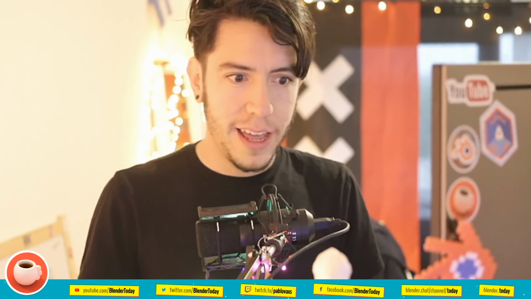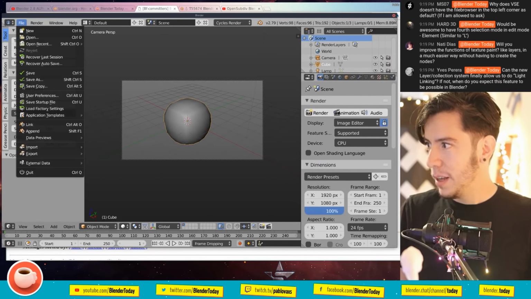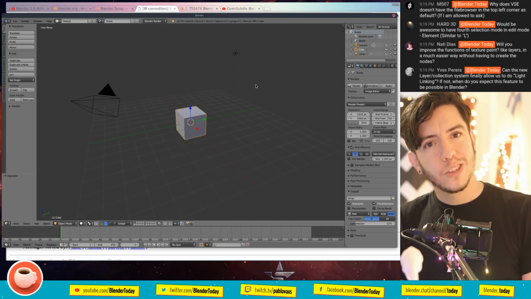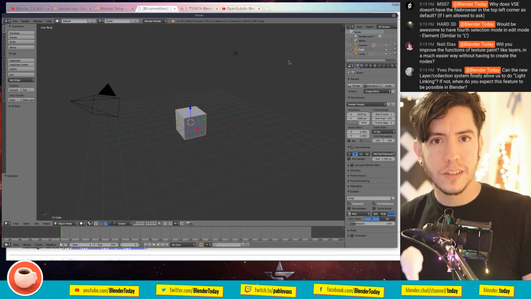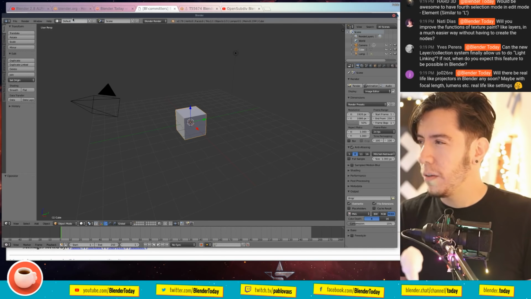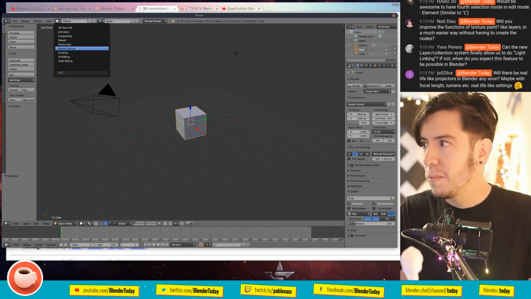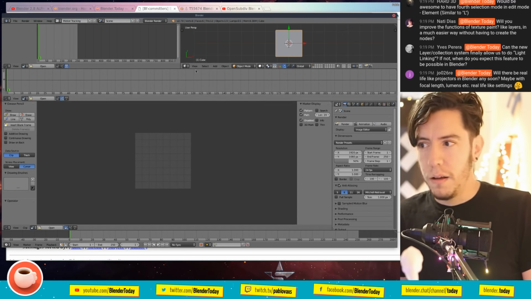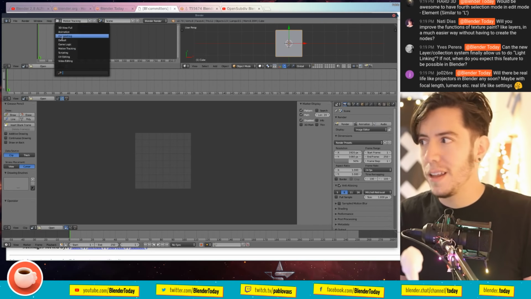Legend says that in Blender 2.7 and before, let's load factory settings. All right. That in Blender 2.7 and before, there was something called screens. What is a screen? It's basically a layout of your editors. So by default, it was just default. Then you have animation, compositing, motion tracking, for example. And that's it. Basically, it was a way to arrange your editors, and that's it. There was nothing else. There was nothing added to it.